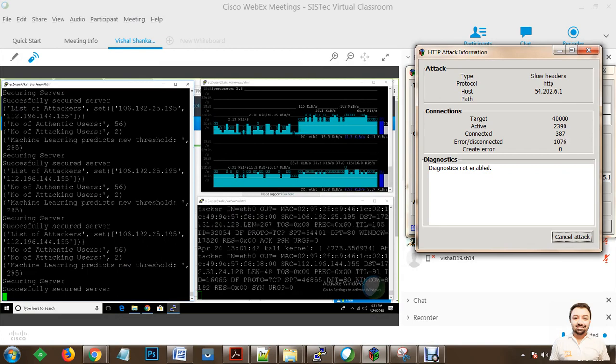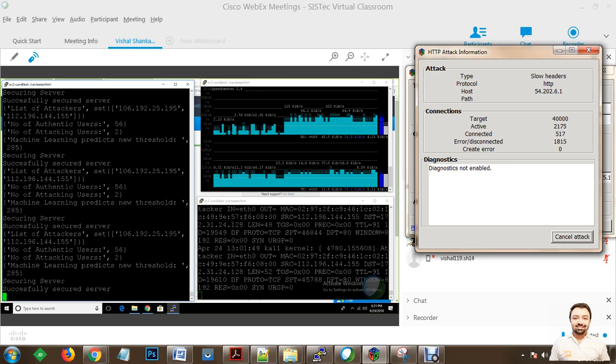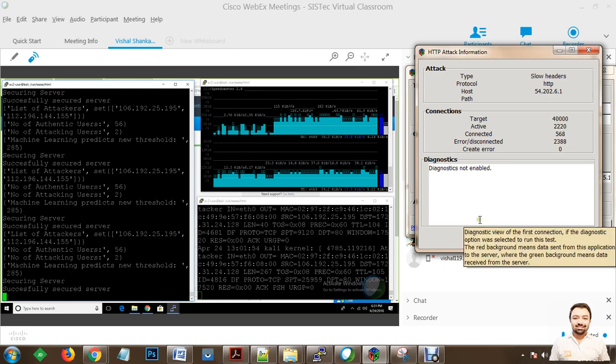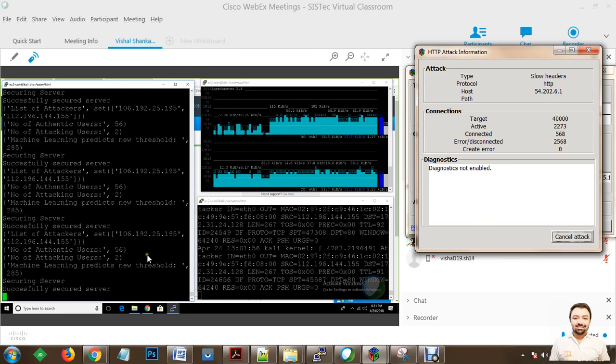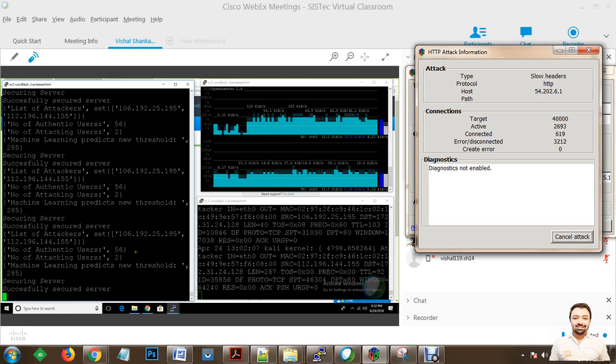And now if the number of active users changes as well, you can see that depending on the number of attackers and the number of users, the bandwidth can be quickly saved using the automated threshold, which is predicted using a linear regression model.